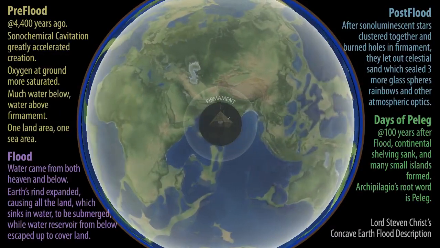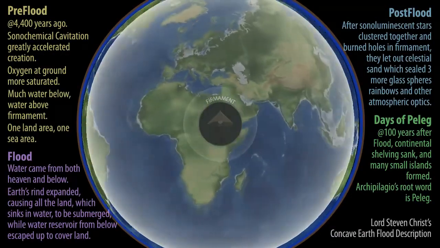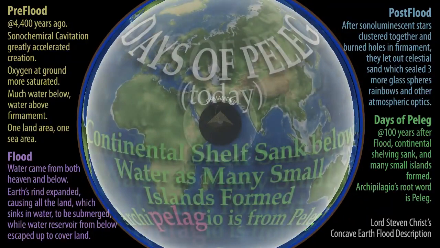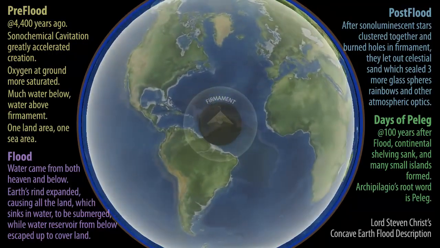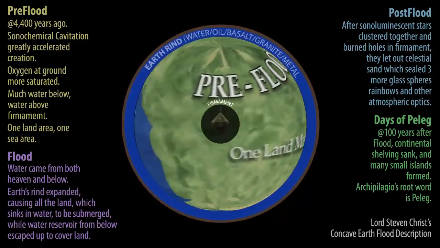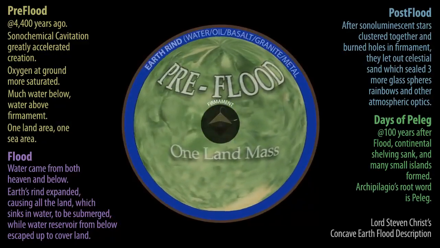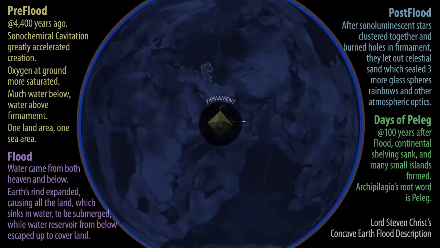And so there was a secondary flood, a minor flood, about 100 years after the global flood, and it sank the continental shelving. And so that's what we see today. That's why the continents are formed the way they are. So don't buy into the tectonic plate heliocentric garbage. They don't know what happened. They guess. They're all uniformitarians. They don't realize that